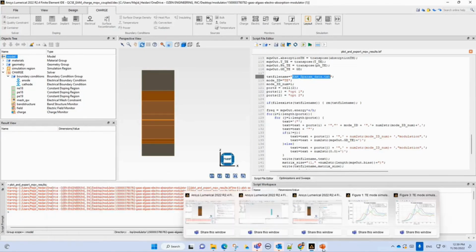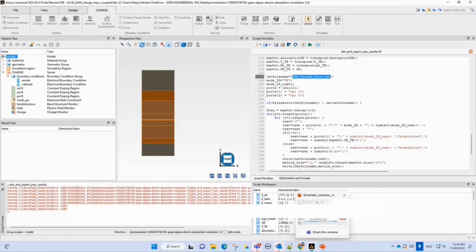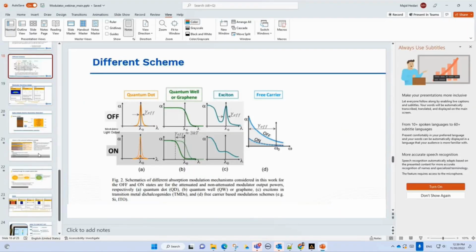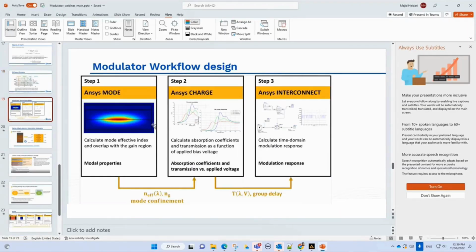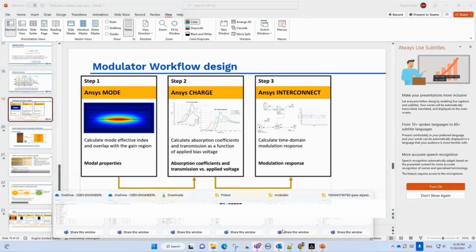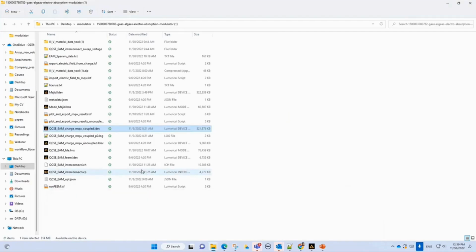So now, if you look at our previous section, our slide, we can use Ansys MODE to calculate the different parameters, and then using a numerical chart, we calculate the absorption and transmission. And finally, we want to use Ansys INTERCONNECT. So in Ansys INTERCONNECT, you can see that